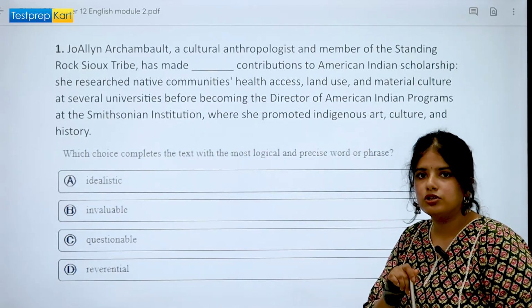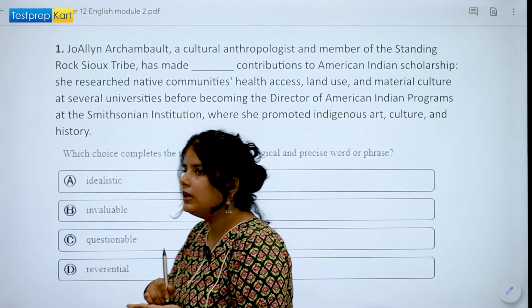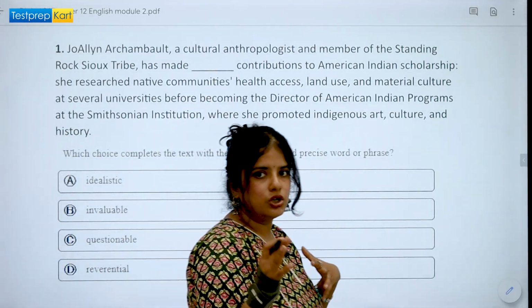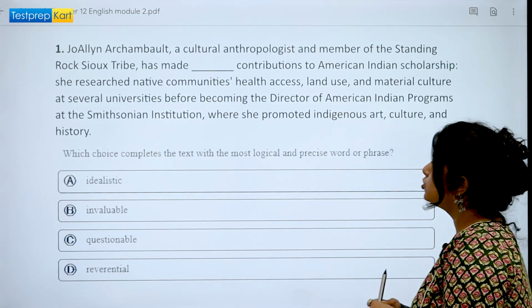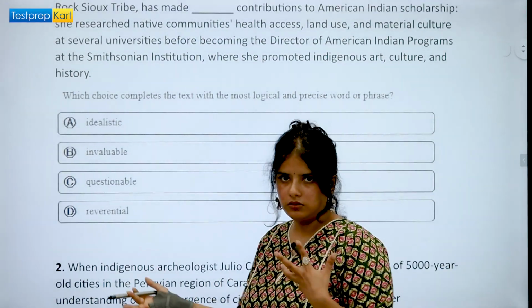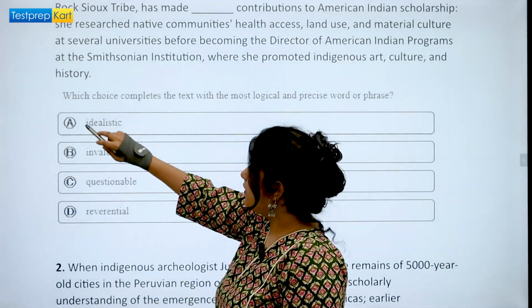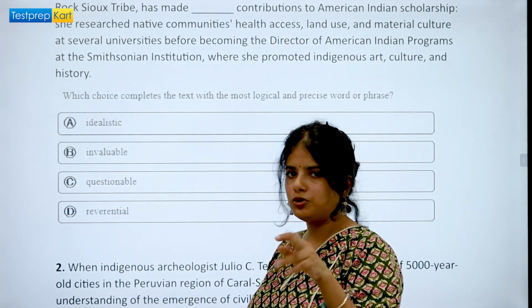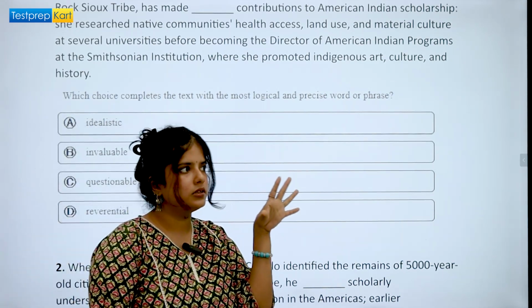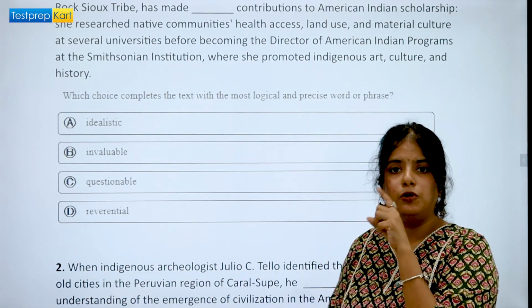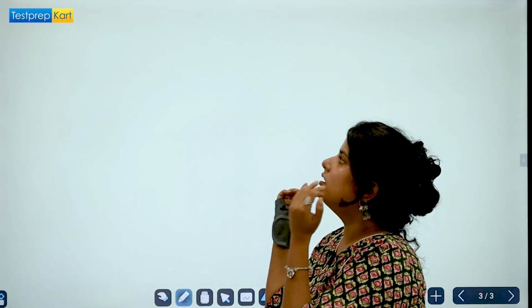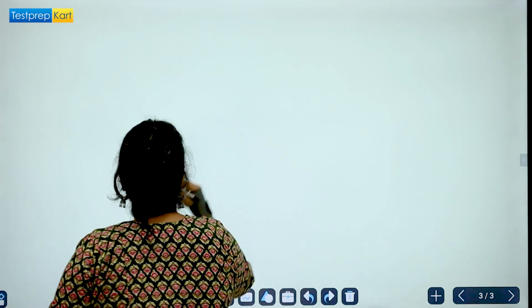That's why annotations are very important, and it helps you to reduce your time while you are solving the passage and reading comprehensions. So make sure you do that. And the elimination method: first eliminate three options, and I would start by eliminating the three options, saying yeah, this is incorrect, this is incorrect, and I have to make sure that they are incorrect. So, okay, students, let's discuss the study plan.